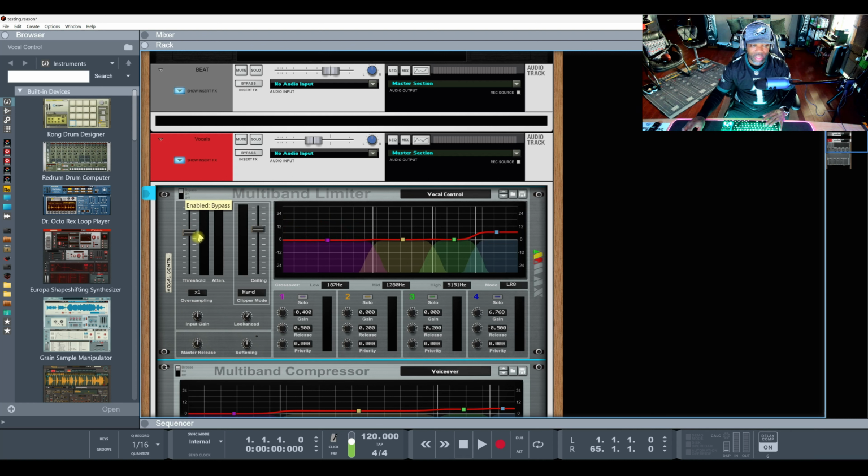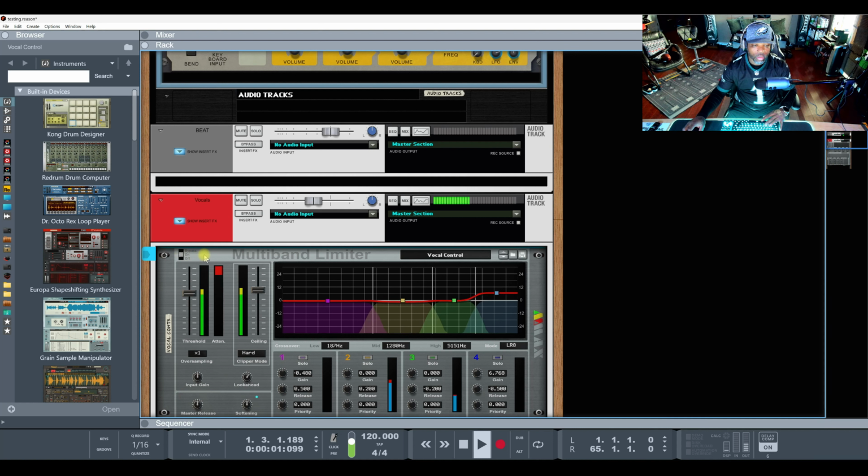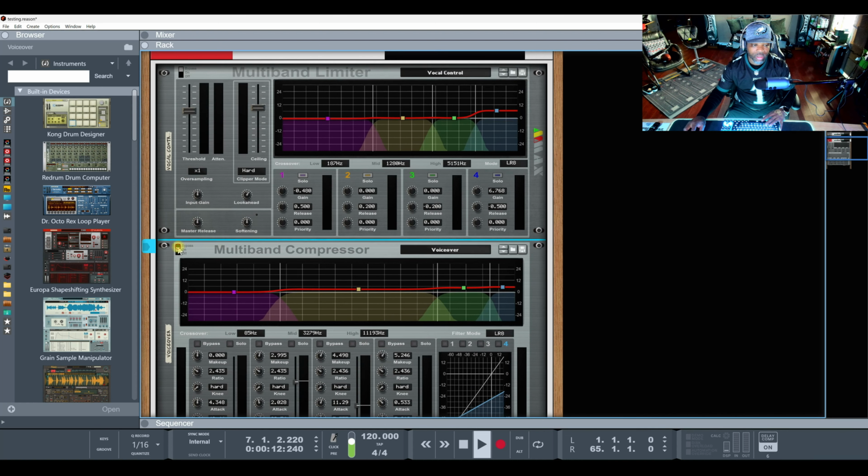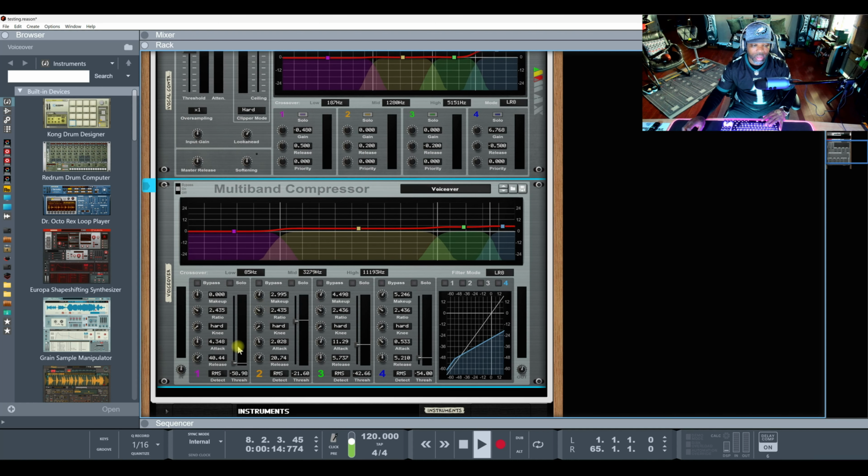So now let's cut the multi-band off and turn on the multi-band limiter. Even though this doesn't have a spectrum, it's not affecting the lows at all. But when you go to the multi-band compressor, you can see a little. It's affecting the bass line, reading the bass of the vocals a little bit. And you can also hear the little fat of the bass inside of the multi-band.